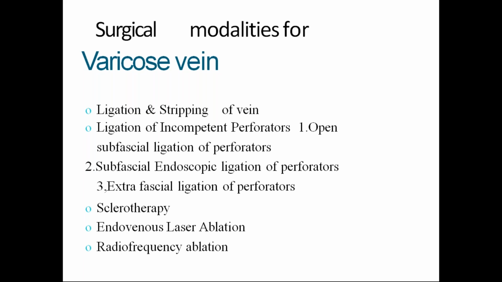So we will continue with the treatment of varicosities. Coming to the surgical modalities of varicose veins, before that, as you know, the first one for grade 1 and grade 2 varicosities is conservative management. Conservative management consists of elastic grip bandage stockings, which maintain a pressure of about 30 to 40 mm of mercury.